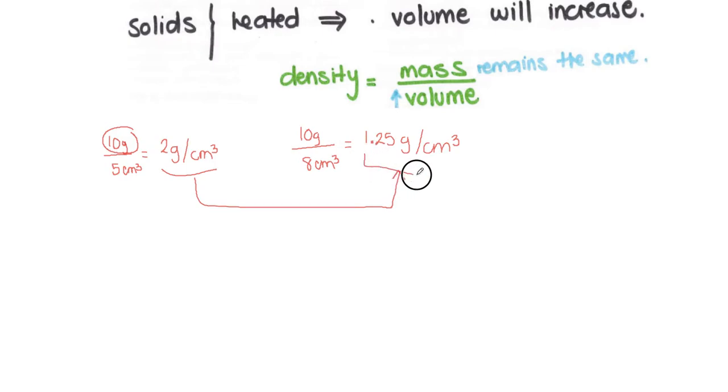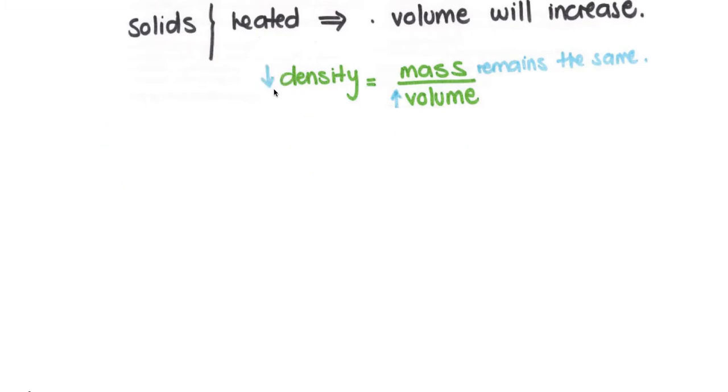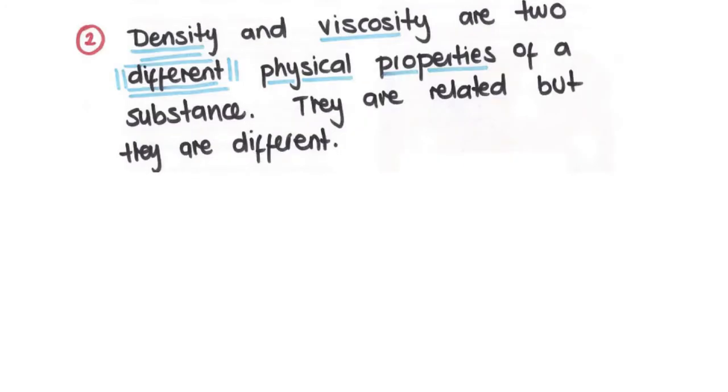So it became smaller. That makes sense because I have the same quantity and I'm dividing it by a bigger quantity. That means that if I have the mass and the mass remains the same and I increase the volume, what is going to happen to the density? The density is going to decrease. Okay? So in solids, if I heat them up, the volume will increase. Agree? And that means that the density is going to decrease, is going to become less dense. Okay? So all three states of matter, solids, liquids, and gases, will become less dense if they are heated.